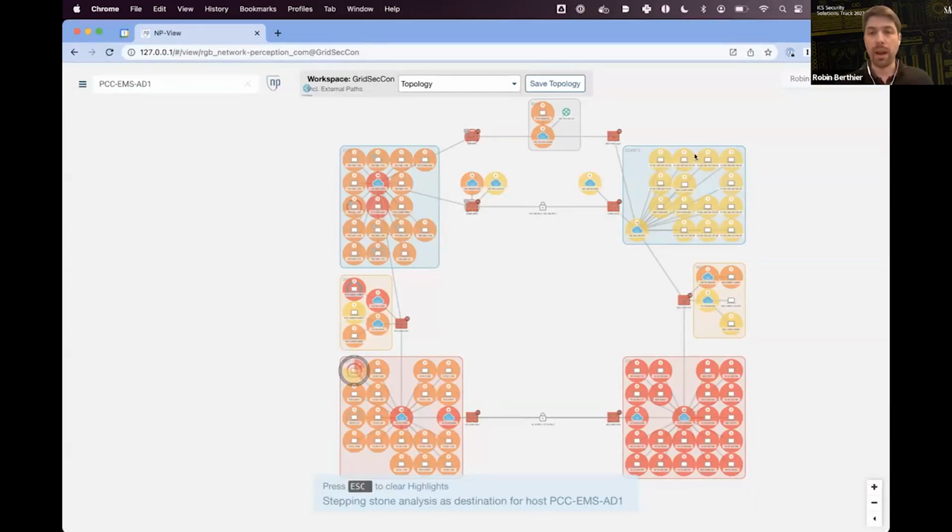So you have to use an orange node and then a red node as jump hosts in order to get to that target.